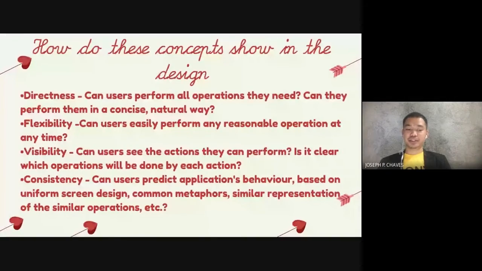Hi guys, I'm back. So we're going to discuss the concepts shown in the slides, which are directness, flexibility, visibility, and consistency, and how we have integrated these in our design. The first one is directness. The question is, how can users perform the operation they need, and is it concise and natural?